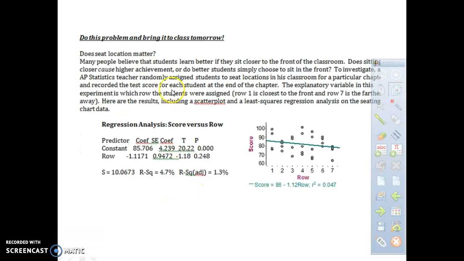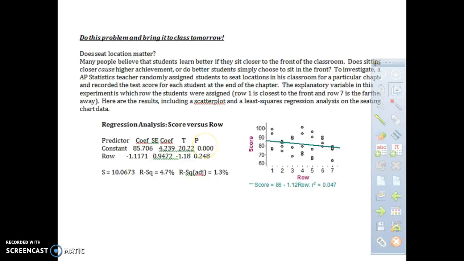Okay, so this is your assignment. This is what you're supposed to do tonight and bring in tomorrow. We're going to check it in class. You're going to read this and you're going to do the full regression analysis, and you have more questions than this. But I just want to remind you of what we're looking at here. When you're reading output from the computer, your constant is going to be your y-intercept, 85.706, and negative 1.1171 is going to be your slope. So you're going to be using that to actually determine what the model is. They actually give you the model down there. Sorry about that. So the other things you want to comment on